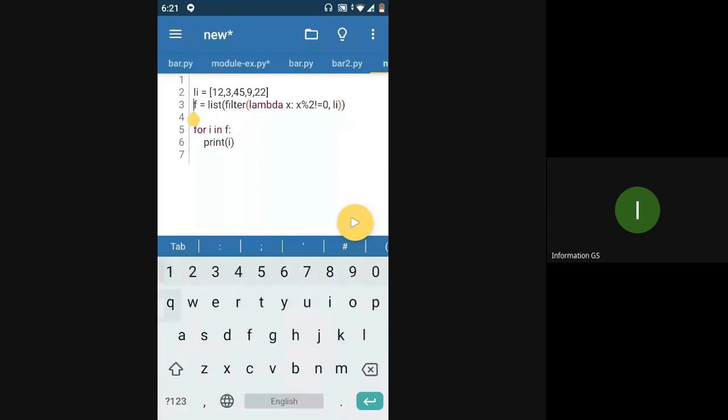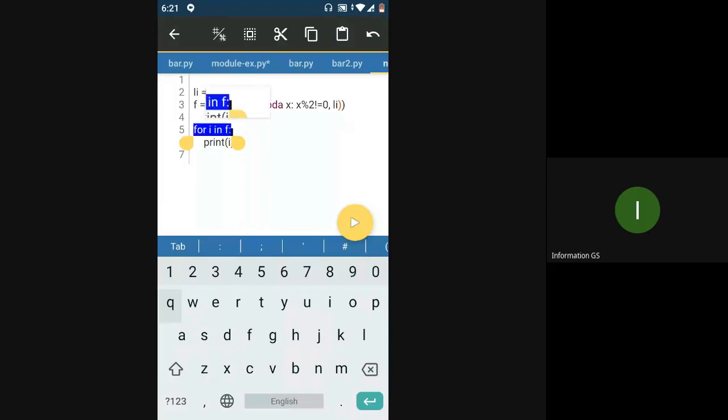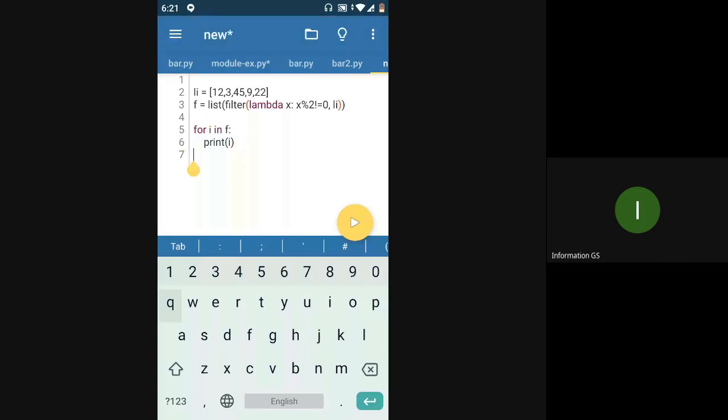Whatever values are present in f, that I was initially iterating through a for loop and printing, will get added to a list, and then I can directly print the list instead of using a for loop to print all the elements. So I'll just say print f directly, and all the values get printed.